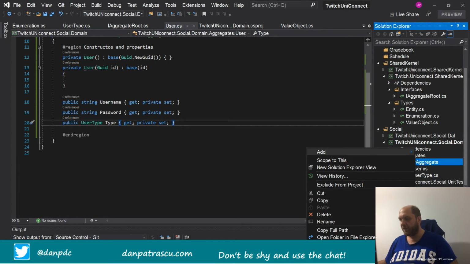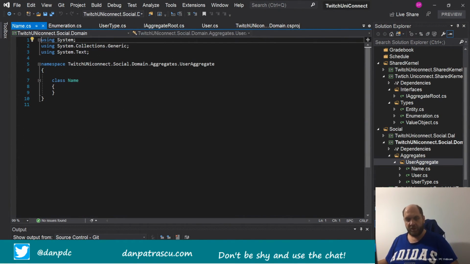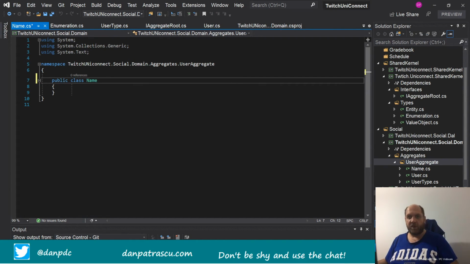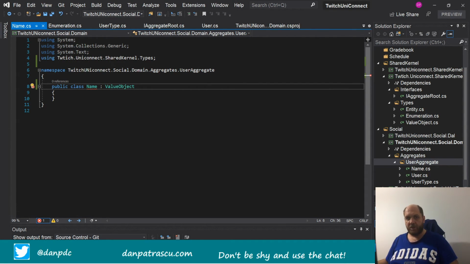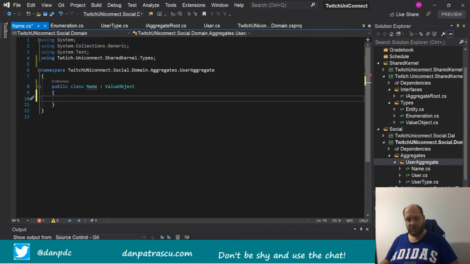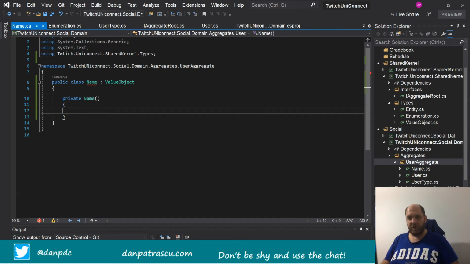So let's create a value object. Let's create a new class that we will call Name, of course, and this class, public class Name, would inherit from ValueObject. Of course, we would have to add the reference here. And if we think about this name as a value object, we would probably need a constructor, and Entity Framework would probably also need a parameterless constructor. So we would have a private Name, and that's it. But we would also probably like to have a constructor